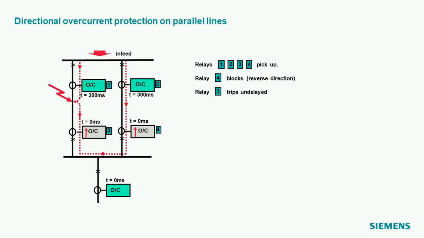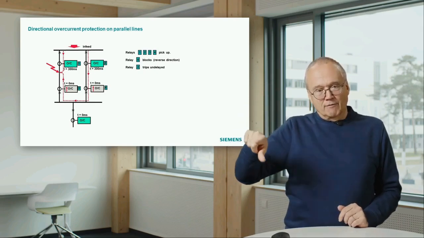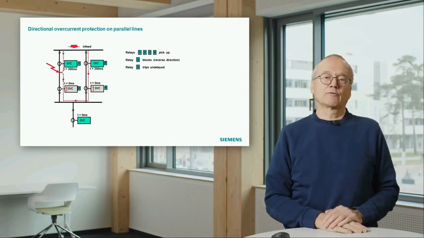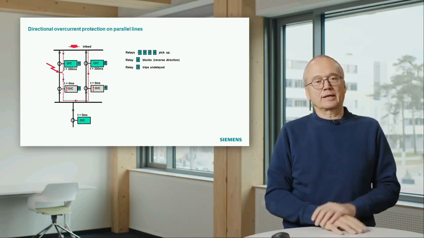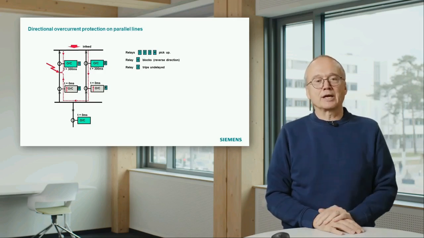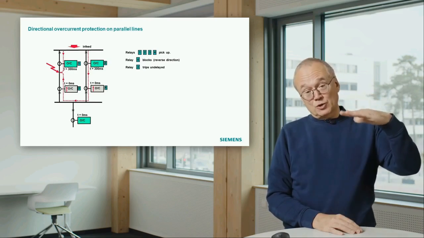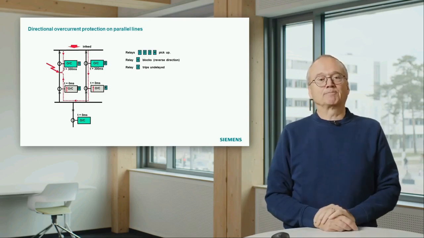We have current flow from the infeed directly to the short circuit location, but we also have current flow via the parallel cable, coming to the short circuit location from the other side. The share of the two current flows depends on the location. If the location is very close to the infeed, the majority of current comes on the direct way. If the short circuit is near the lower bus bar, it's nearly 50-50. That means in this case,